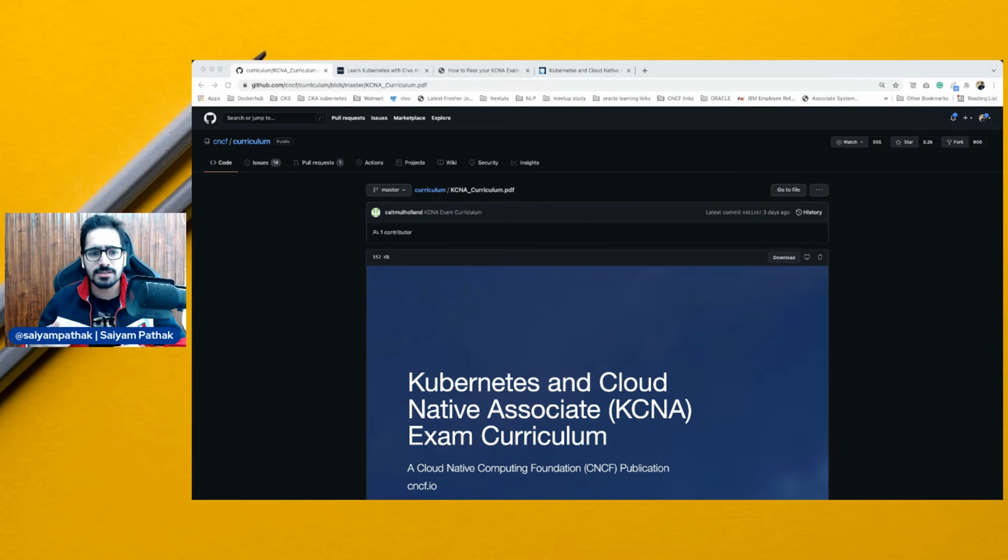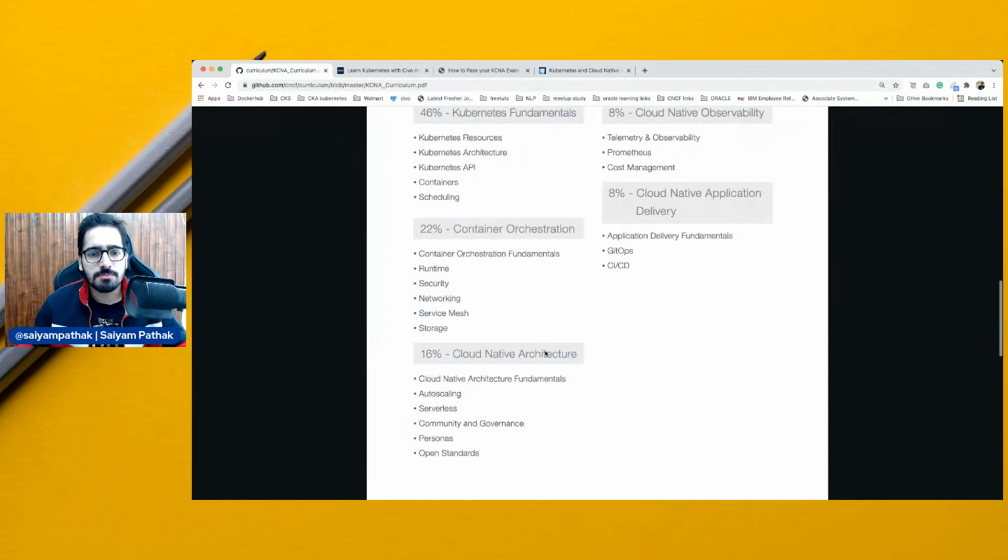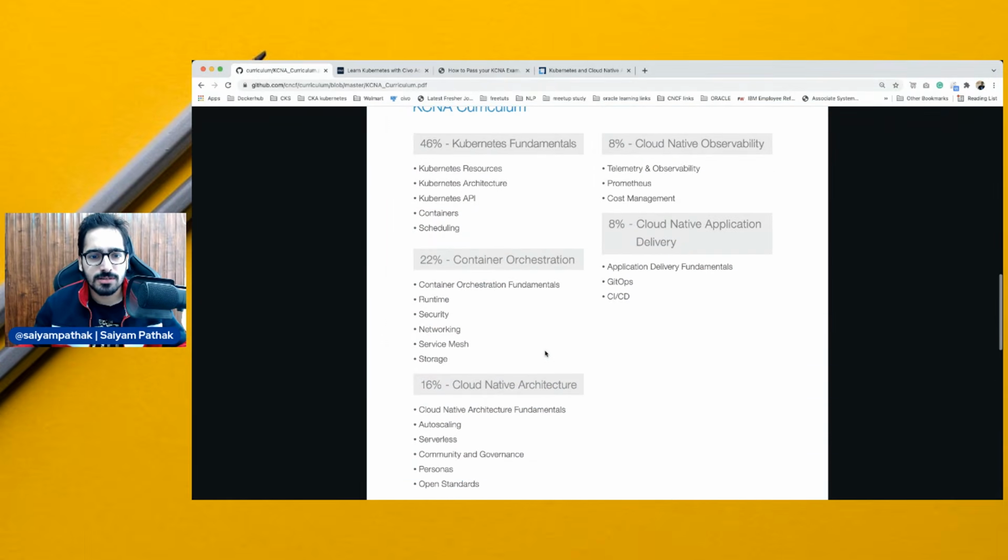So this one is very beginner friendly. Anybody, from program managers to the sales team, marketing team, anybody who wants to get involved in Kubernetes and the cloud native ecosystem, this is the one that they can target. And obviously the beginners should target the KCNA, because that is the first entry level now. So let's go through the curriculum. Pretty straightforward. This is what the curriculum looks like.